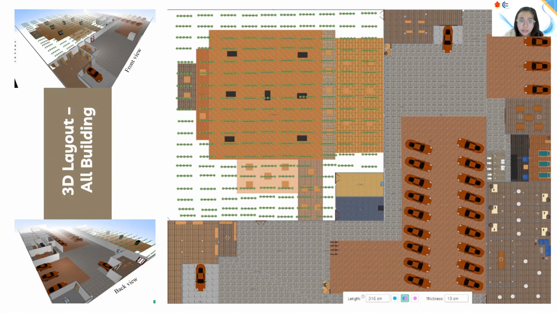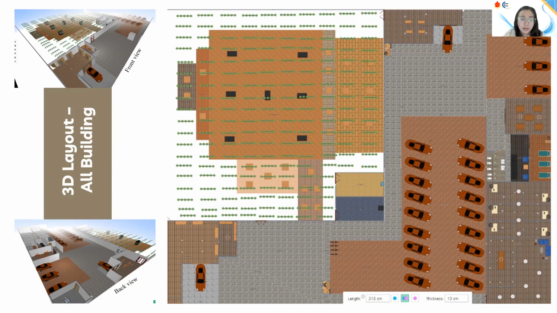There are 1 toilet, 1 health service, 1 canteen, and 3 parking lots for motorcycles, large cars, and standard cars.